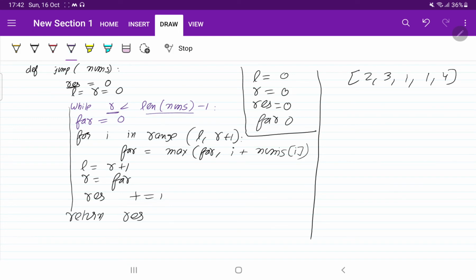R is 0, then what is the value of R? 0 is less than length of nums, which is 5 minus 1, 4. So we will enter in the for loop. Now what is the value of I? 0, and it will go from 0 to 1, because left value is 0, right value is 0. So 0 plus 1. So this loop will come to only this point, and from here we are going to